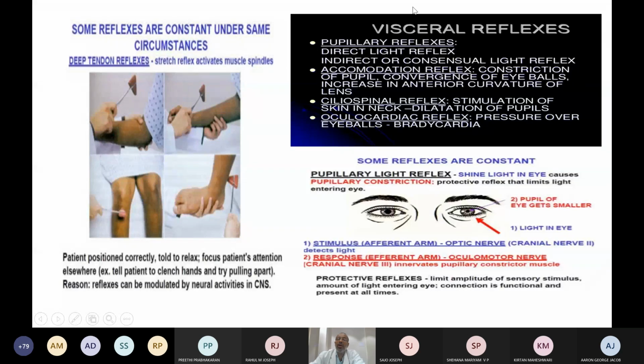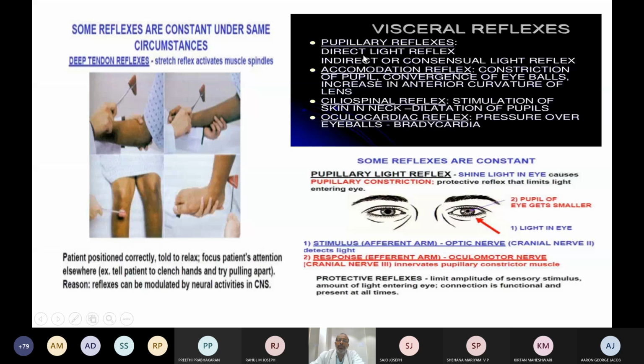Then you have to know about visceral reflexes. Under the clinical classification, we have also mentioned that there are visceral reflexes or organic reflexes. What are visceral reflexes? Visceral reflexes are those wherein one of the components of the reflex arc is constituted by autonomic nerve. You have to know that. So visceral reflexes, many times we ask this. This is also an important question.